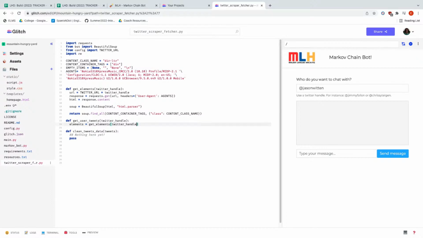We use the function we just wrote above, call get_elements on the Twitter handle, and it returns what it got and stores it in the elements variable.